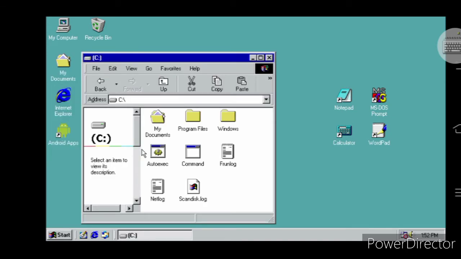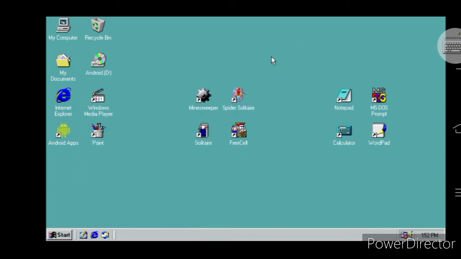Now click on Windows. Your Windows is open, your Windows document is open. Program files, my documents. You can also see your Android phone images in this also. If you want the recycle bin, you will also have it.